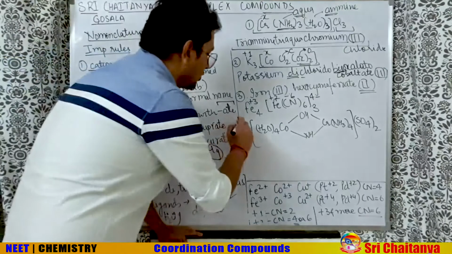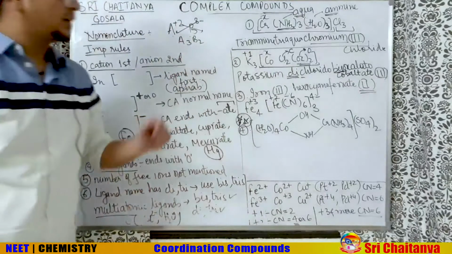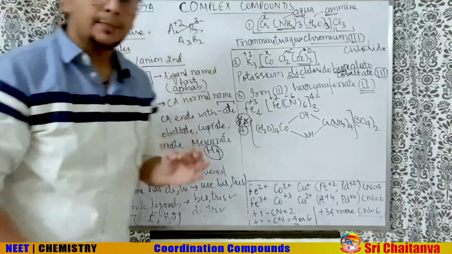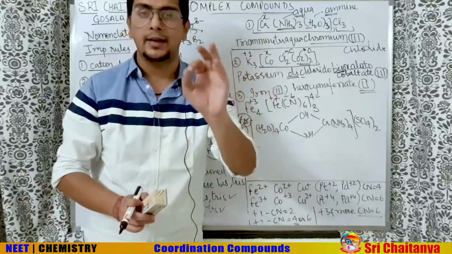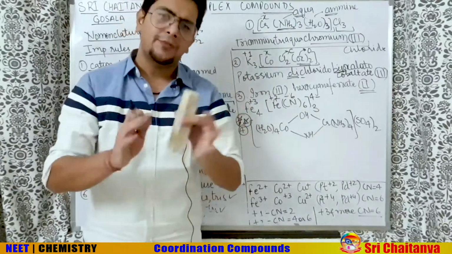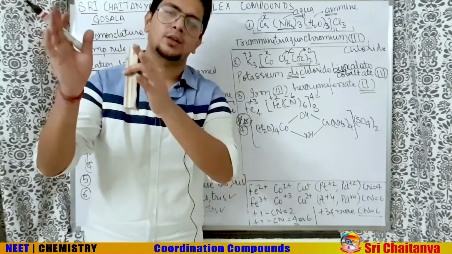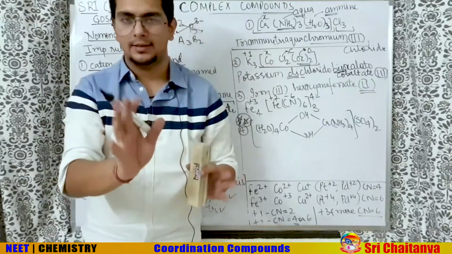Now this is not much important for the NEET exam. This is the bridging example. For NEET, mostly these kind of questions come. One more thing, please practice at least all the questions of NCERT, the solved examples and in-text questions, bare minimum. Enough examples are given in NCERT. If you practice that, you will get all the answers correct in the NEET exam regarding the nomenclature topic at least.